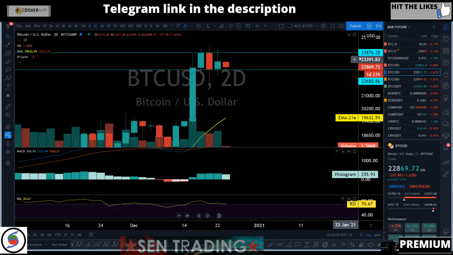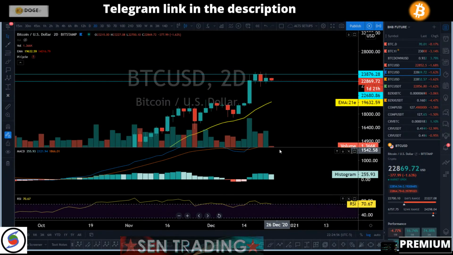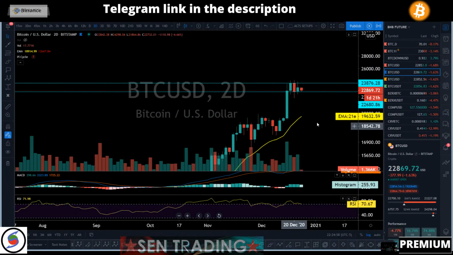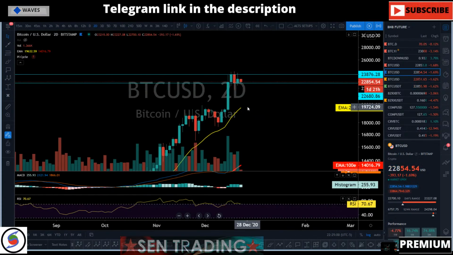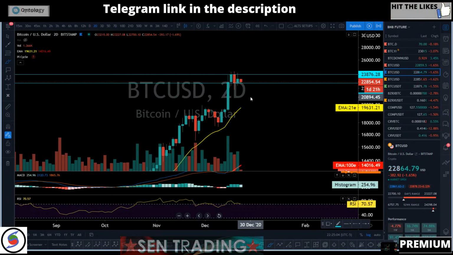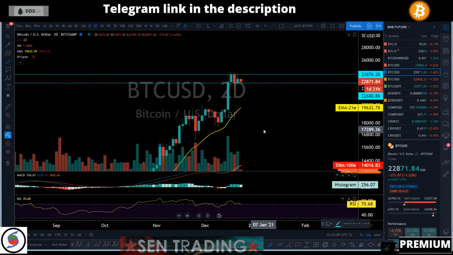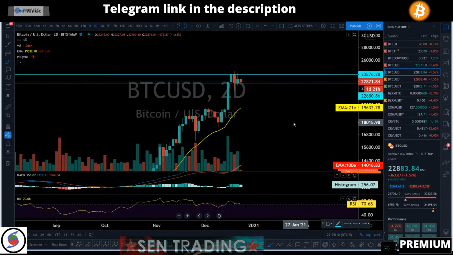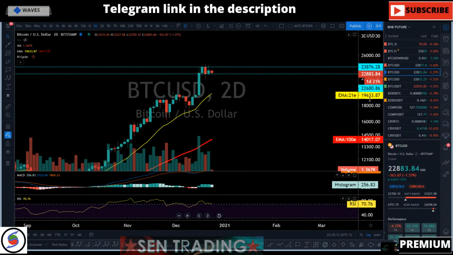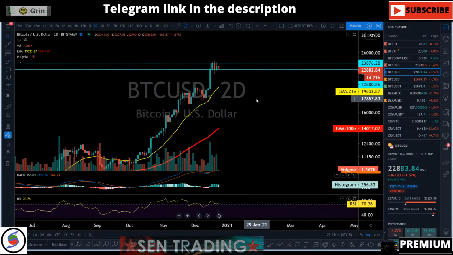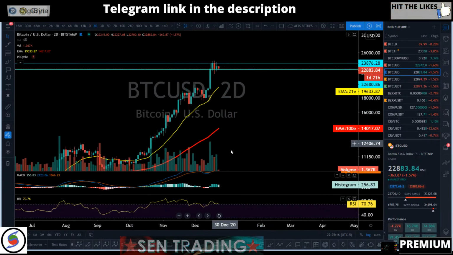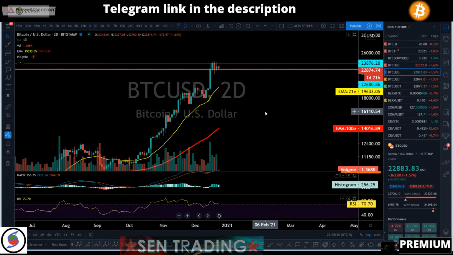So on the macro scale, once again, this could even be a bull flag on a 2-day basis. That's why we just have to be cautious, because just because we're expecting a drop down to the 8-hour 100 EMA doesn't necessarily mean a reversal. Once again, on a 2-day basis, I said it in my short-term analysis. If you haven't watched it, go ahead and check it out. I'm going to put a link on the top right corner so you can watch it later on.